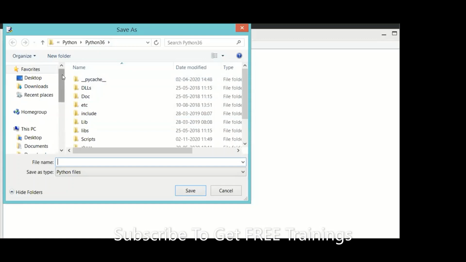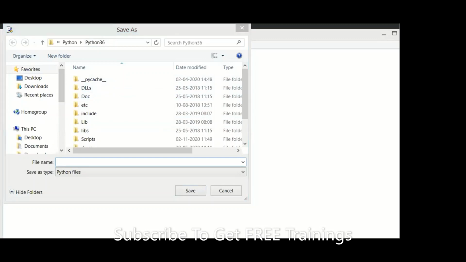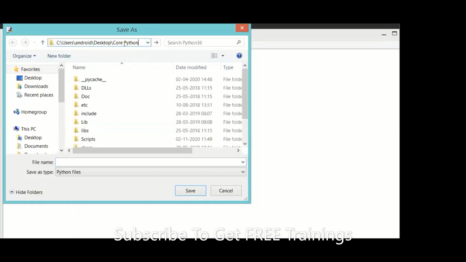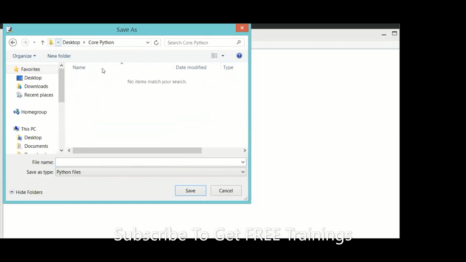In my scenario, I have created one folder for your class. I'll just take that path and save into that. So this is my location, sir. On desktop, I created one folder called Core Python. Hope everyone can observe the points.